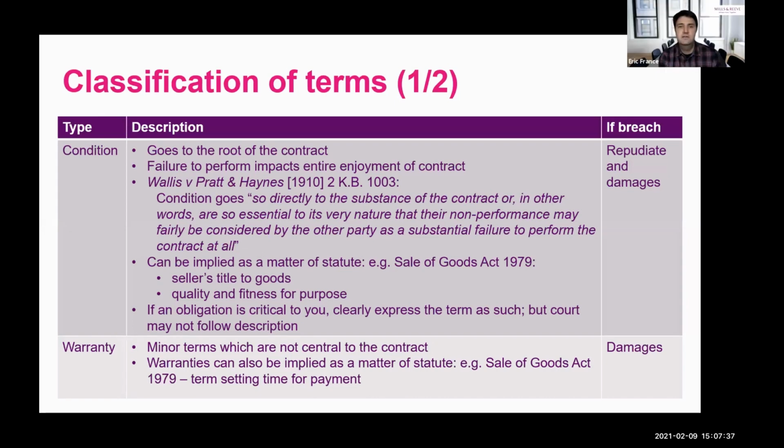Okay, so warranties are minor terms of a contract which are not central to the contract. So if a warranty is breached, the innocent party can claim damages, but can't terminate the contract as a result of the breach of the warranty. Now, the term warranty has been described as one of the most ill-used expressions in the legal dictionary because people use it to mean different things. It's often used in the sense of really any contractual undertaking or promise, but it does have this technical definition in contract law, which is that a warranty is effectively the opposite